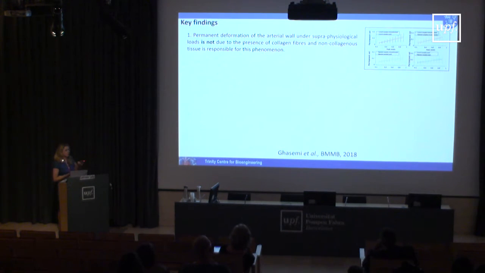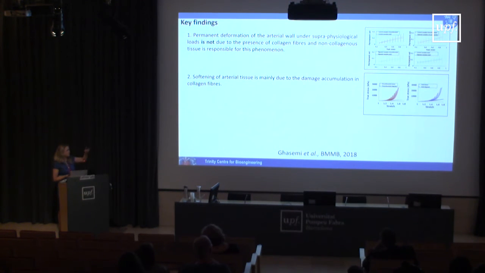So summarizing, the permanent set rather than softening is induced at the matrix level. The softening of the arterial tissue, particularly the damage accumulation through softening and hysteresis, is present because of the presence of the collagen. And finally, just that